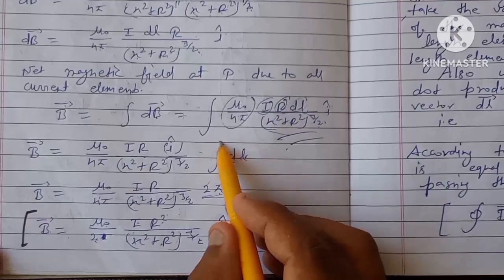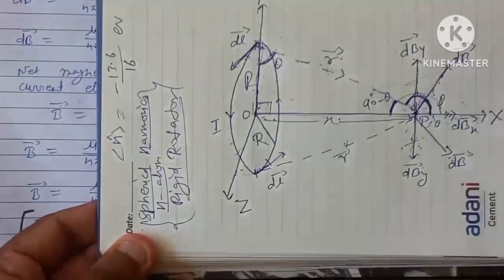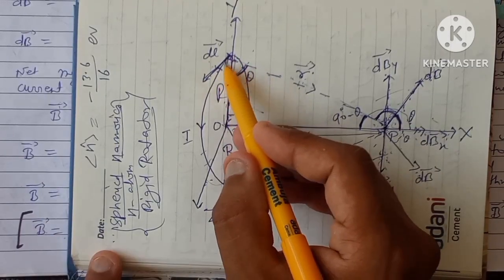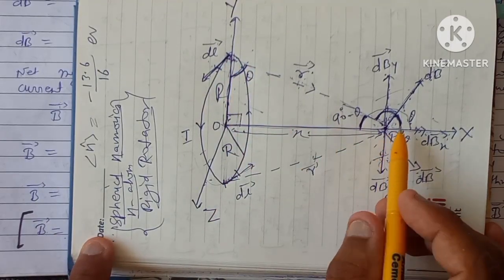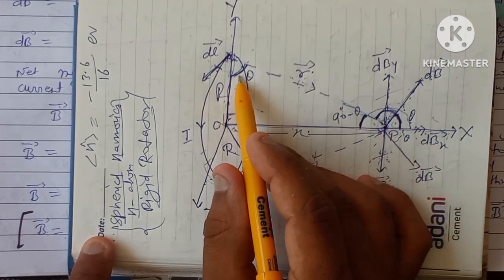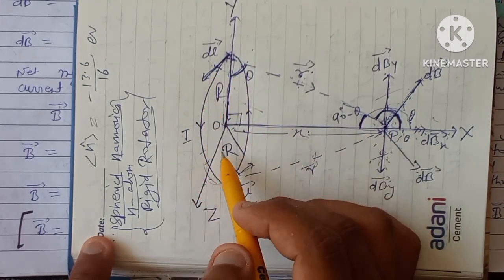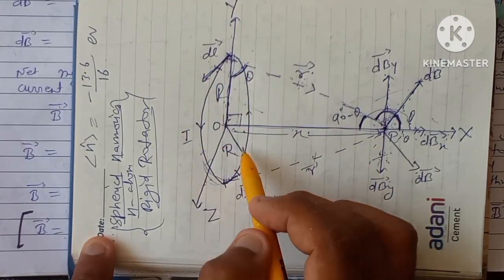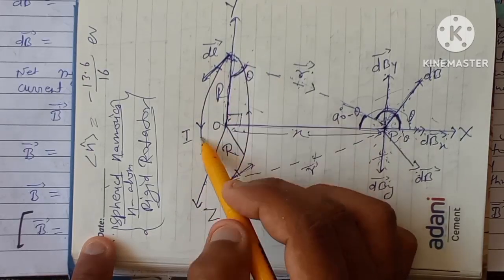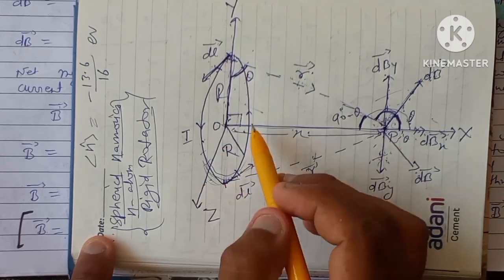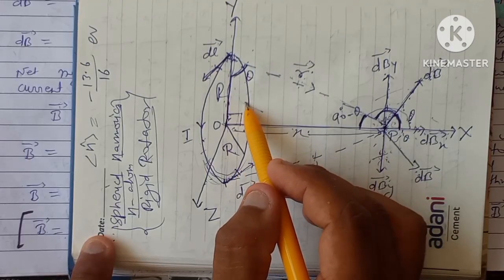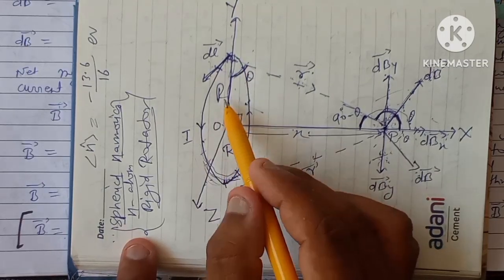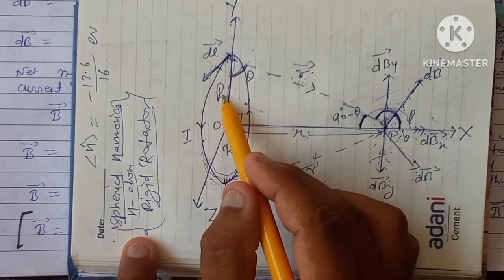So when you integrate this length element, from your diagram you can clearly see that your length element is this small length element. You want to get the expression for the magnetic field at this point P due to the whole wire. So you have to choose the small length elements, and when you add up these small length elements, you will get the whole wire. And what is this? This is a circle. And this is the circumference of the circle, which is 2 pi multiplied by the radius of the circle. And here the radius is capital R. So you will get 2 pi capital R.